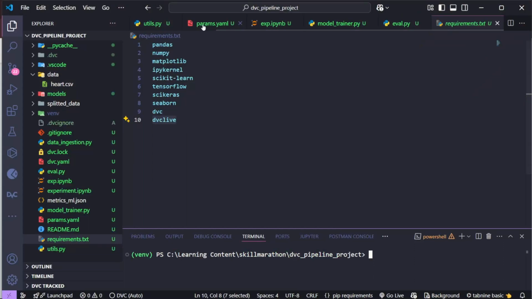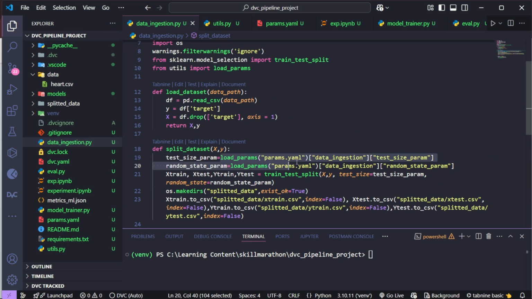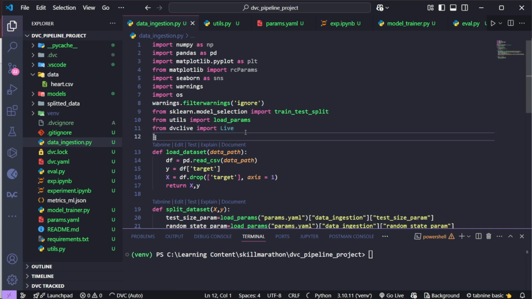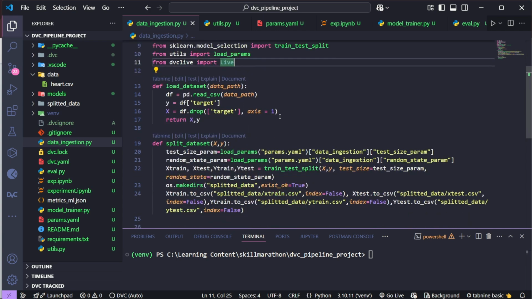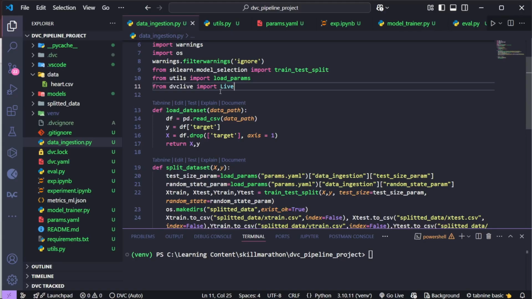Let me come here. I need to go to the ingestion one. Okay, and I need to copy this value also. I need to keep track of this test size and everything. Okay, so for that also I'll do something. So let me do this one first. From dvclive import Live. Okay, import Live I'm doing. Now let's again go back to the code. Let's paste it here. Okay, in this one. Now again,